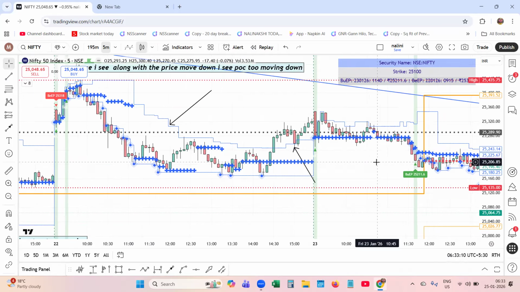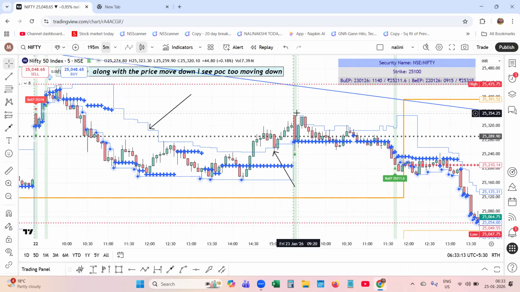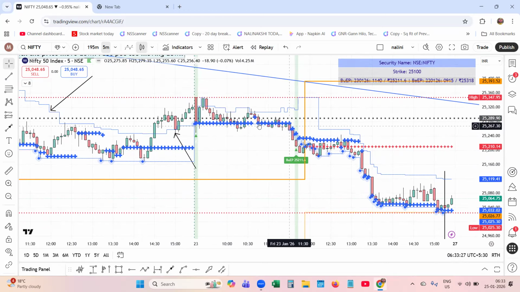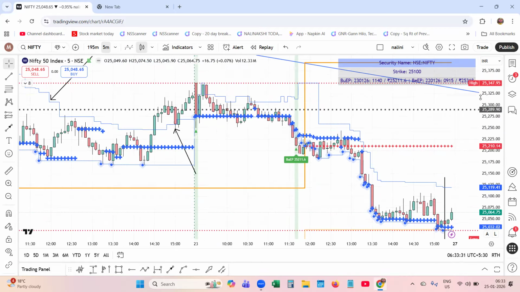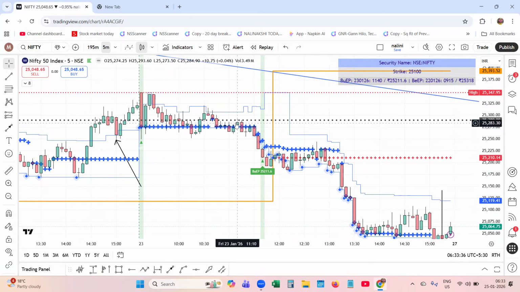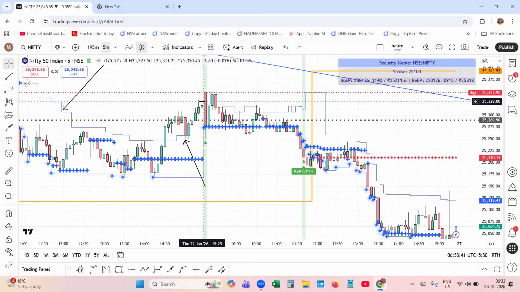So, next day, the bearish EP is triggering at the top on 23rd, and you can see the POC stagnating over here, and the market stayed standstill. You can see the POC over here. That was the indication of the market. It was a short covering rally. They were trying to push higher.